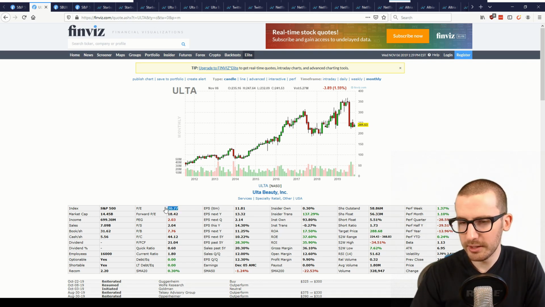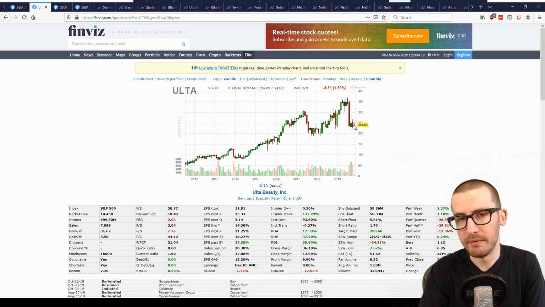For me, I don't think it's quite at the level where I'd initiate a position just yet, but I'm fully aware that I could potentially miss out on the opportunity there. But that's just my personal style of investing, trying to have a little bit more margin of safety to limit the downside. But I would not be surprised at all to see the stock trading above 300 or up 25% by sometime next year. So I'll be continuing to keep my eye on this,